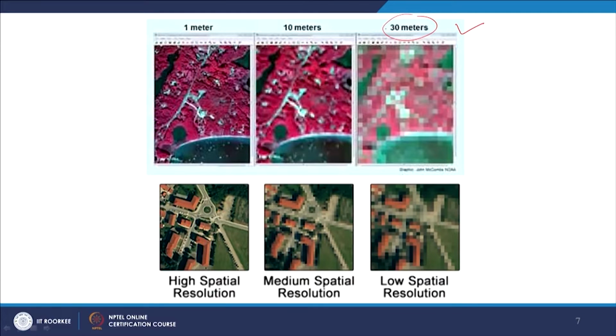But if I move from 30-meter spatial resolution to a higher spatial resolution, that is 10 meter, now things have become